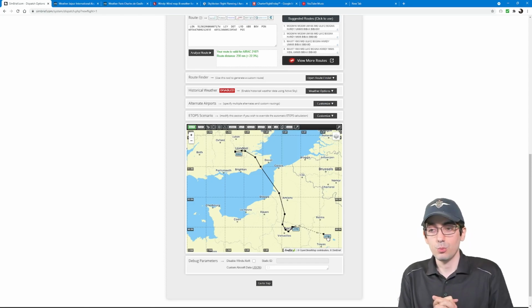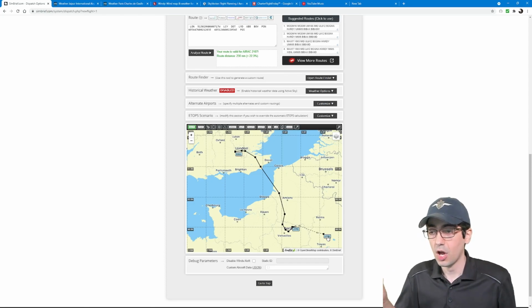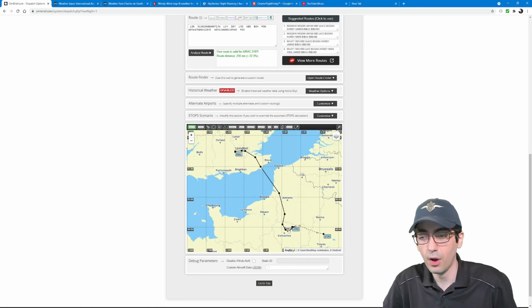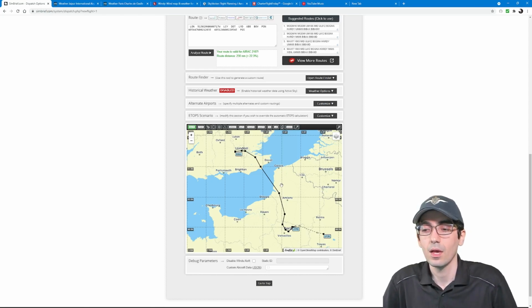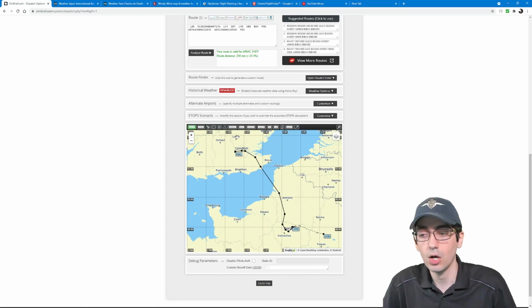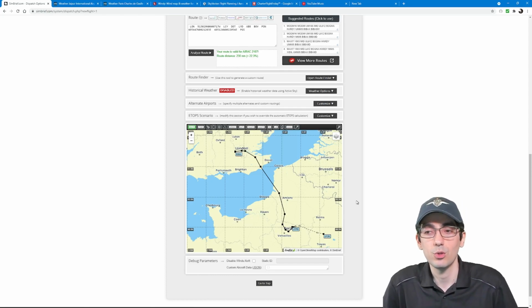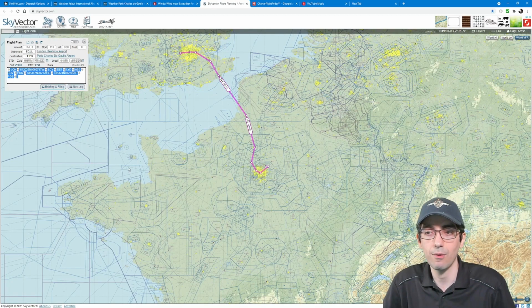That being said, I need to mention a couple of points here. Sometimes, for example, if you're not in the US or Europe, in other parts of the world, you will find some waypoints that are not going to show up on this map. The reason for that is because SimBrief uses the Jeppesen database, and sometimes they don't match with what you will see